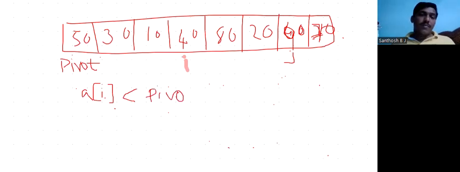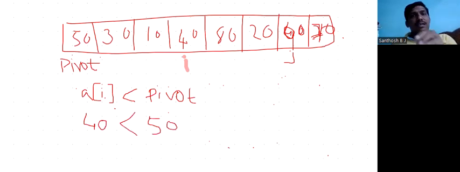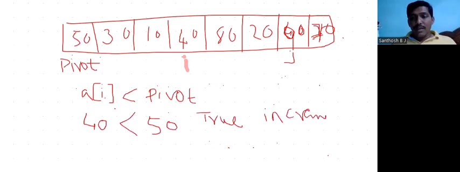Once again, come to the first one. So here I placed is after the swap. The value of I is 40 and the pivot value is 50. So 40 is less than 50. The condition is true, correct? 40 is less than 50. The condition is true, meaning it satisfied the condition. If it satisfied the condition, you increment the I value. You increment the I value. So increment I is nothing but, see here, this I comes to